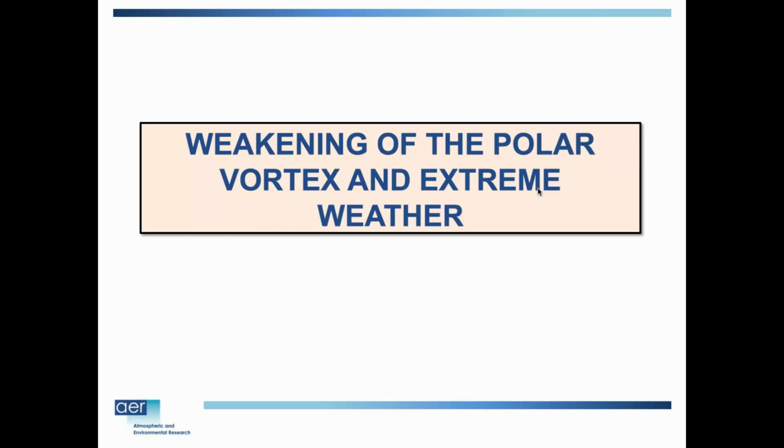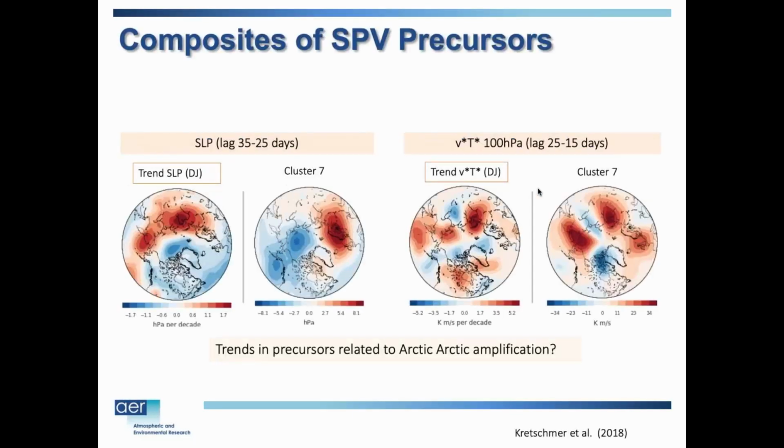Okay, so I'm going to get back to the polar vortex, which maybe is the thing that interests you the most. I think there have been really interesting trends going on with the polar vortex. Here's a trend in sea level pressure. As I told you, there's that Euro blocking, which you can see up here. This is the sea level pressure that's favorable for weakening the polar vortex, the Euro-Scandinavian blocking. And if you look at the trends in sea level pressure, there's been an increasing trend in that same region.